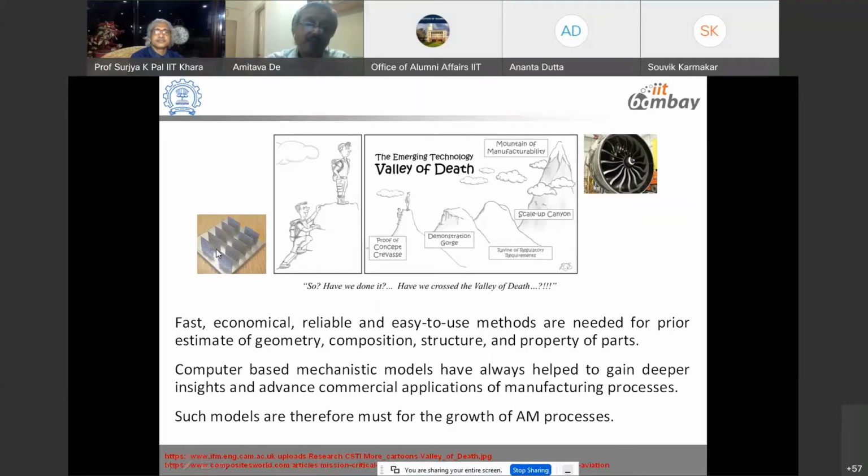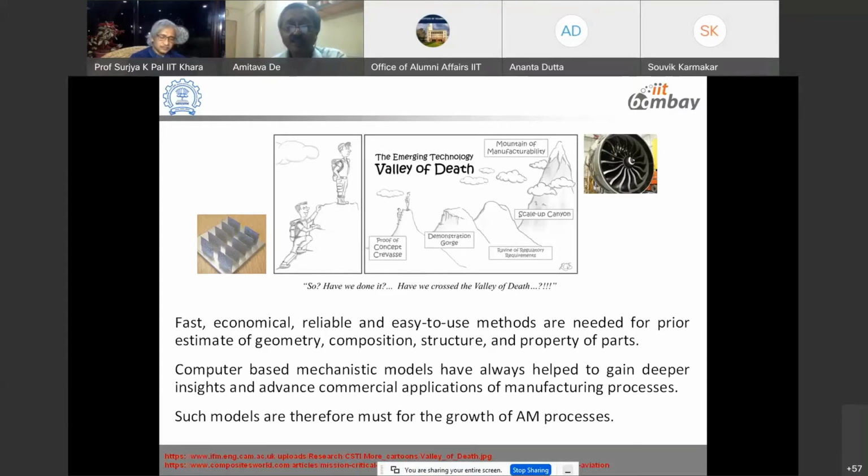But to move from here to a typical turbine blade, which can be used in the energy industry or maybe aircraft, is a big task, a huge task. We have to cross through all these things, and this is a real challenge. If we want to go completely by doing experiments from here to here, just by trial and error tests, perhaps we won't be able to reach there. It is never possible. It has already been proven in the case of conventional processes also.